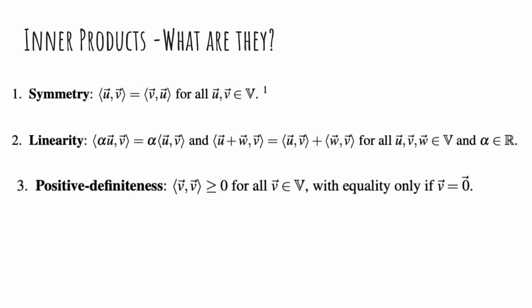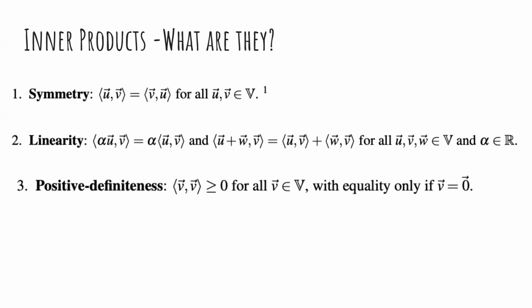First off, we're going to talk about inner products. So let's talk about what inner products are. Inner products are any operation on 2 vectors that satisfy these properties. The first one is symmetry, which means you can flip them around and the result stays the same. Then we have linearity, which is